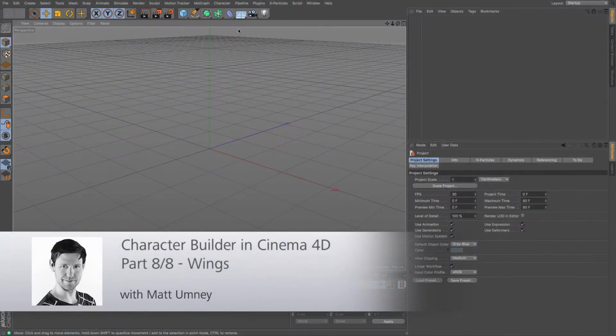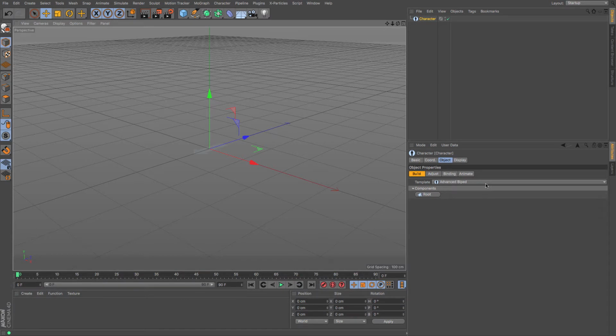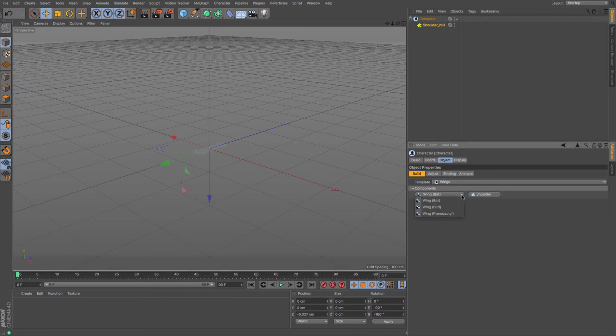In this video we are going to look at the wings part of the character. Now when I create wings here, you've got the ability of clicking shoulder, and then here we've got different options. So we can create bat wings, bird wings and pterodactyl wings. So what I'm going to do, I'm going to create 3 of these and I'm going to go through each of them. So I'm just going to create bat wings,